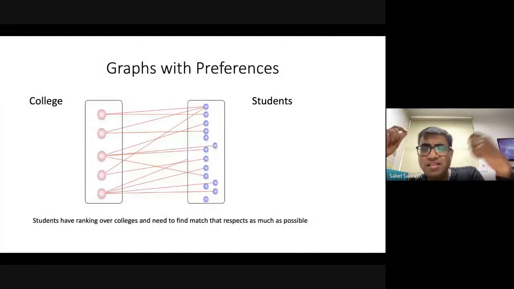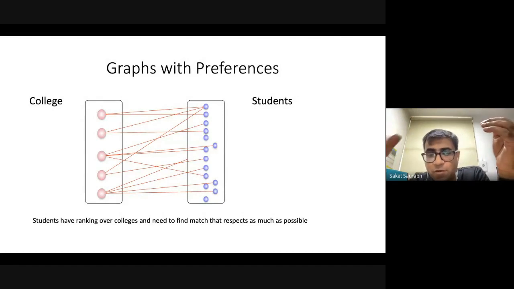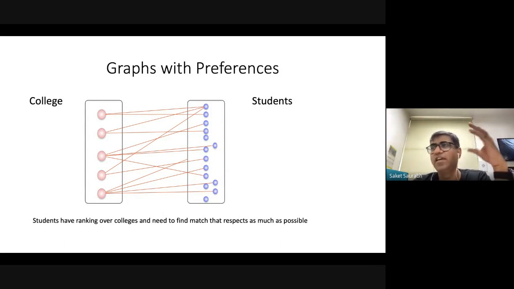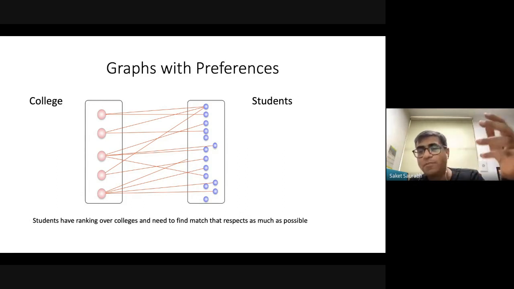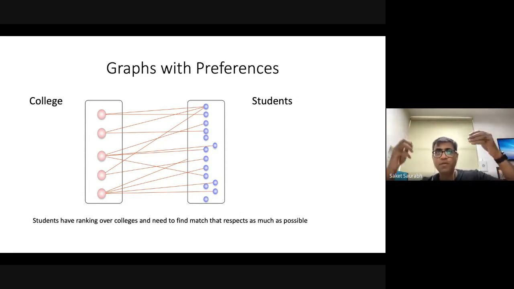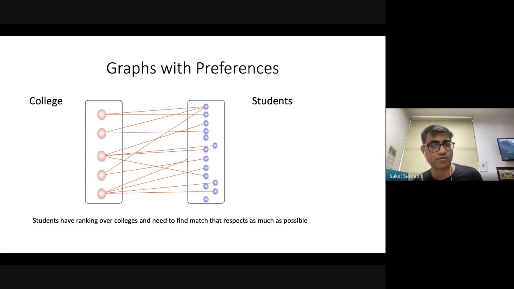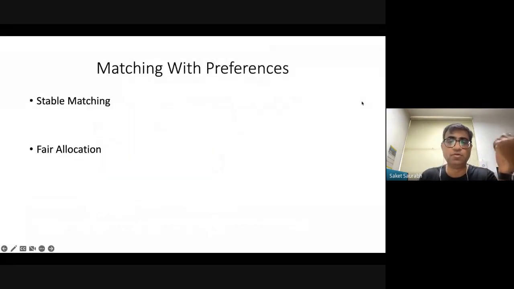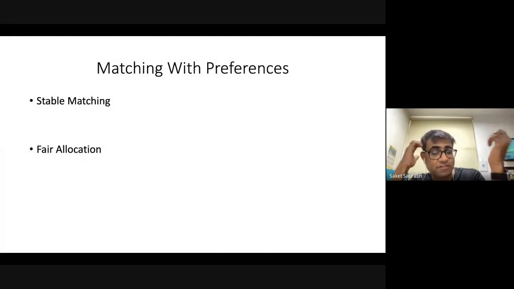Now, in this example there could be just preferences or rankings from students. There could also be ranking from the other side. For example, the way many of these things are set up is like marriages, or a college could also have preferences over students. So preference could be from both sides, the college side, student side, partner side, every side. And then you still need a notion of matching, how it is to be done, and what definition to choose: this matching is good because it has certain features. You will learn about some of these things when we do a fair amount of matching with preferences.